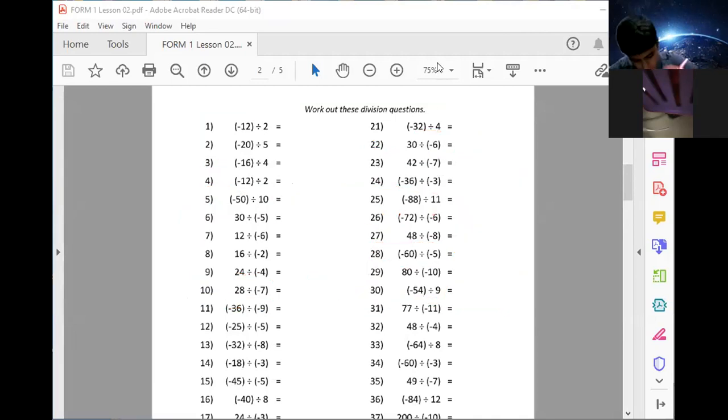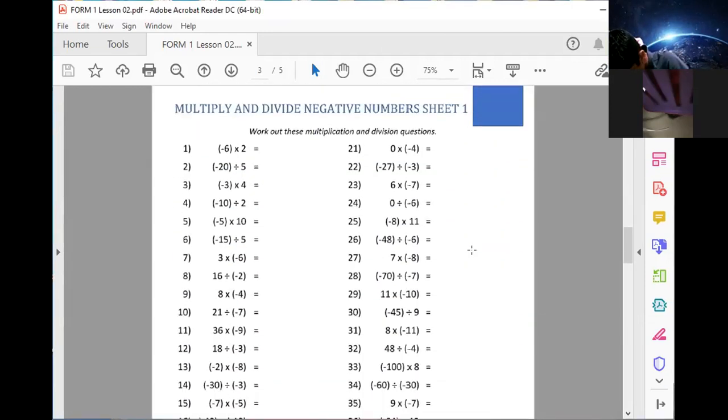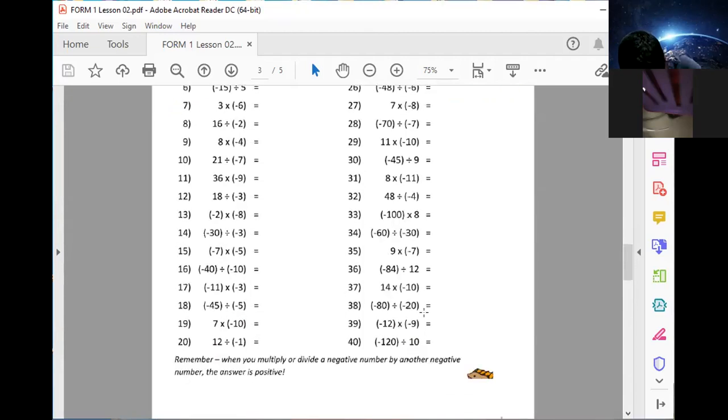It's very easy, kan? Not difficult at all. Okay. Now let's go to page 3. Now page 3 is a mixed thing. Okay. It's just multiplication and division, but it's not too difficult either. It's the same thing, but it's mixed up. Earlier was multiplication. Second page was division. Third page, I mix up multiplication and division. So you just have to be careful. Okay, don't go do the wrong operation. So even here, I feel that you can easily do these questions. Okay, but just for example's sake, let's do number